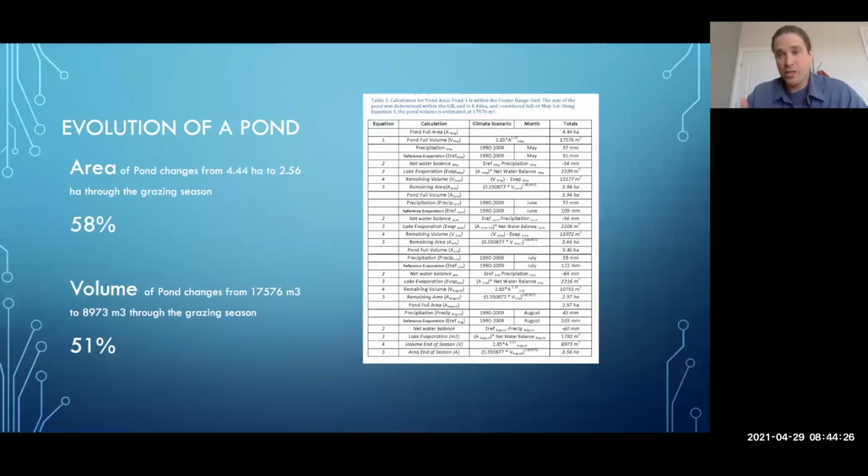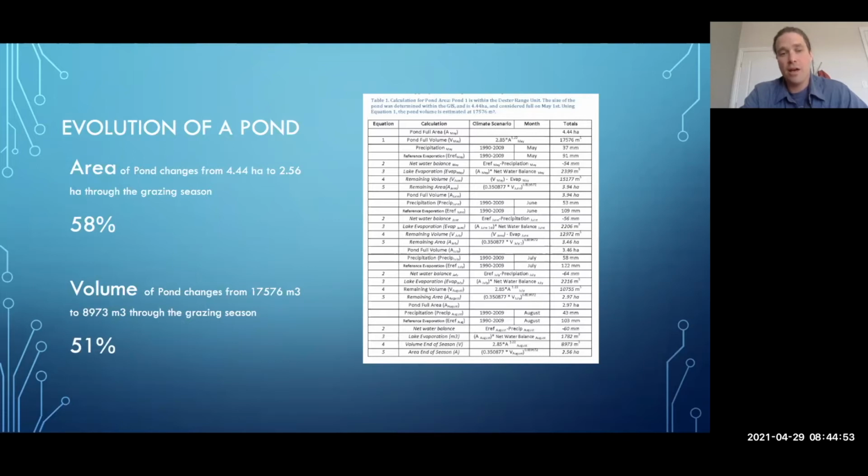amount of evaporation that's happened, and then that information can drive the next equation, which is, okay, based on that evaporation, we have this much less surface area, and therefore we have this much less volume. And as you track it through the season, we assigned a pond to be at risk if more than 50% of the area of it disappeared through the grazing season, or more than 50% of the volume disappeared through the